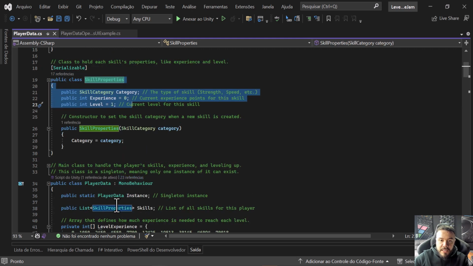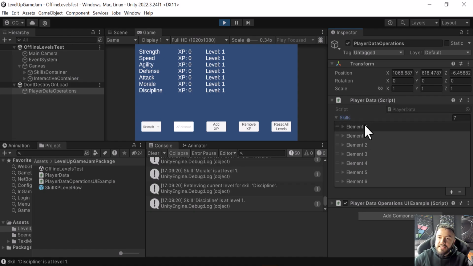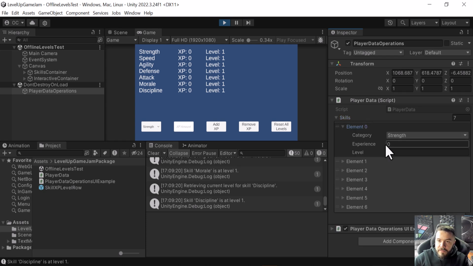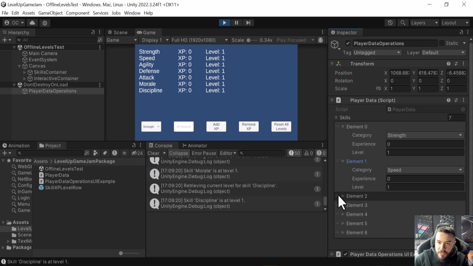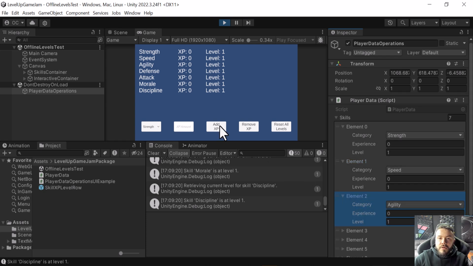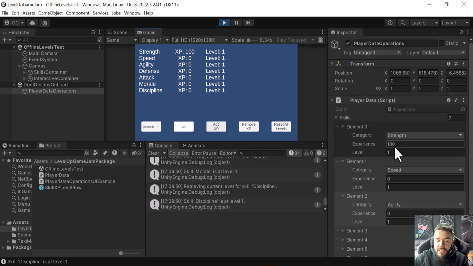A list of skill properties. Then I have my 7 elements. And I can even take a deeper look at what's happening right here. So for example, add 100 for strength, add experience. I can see it here.